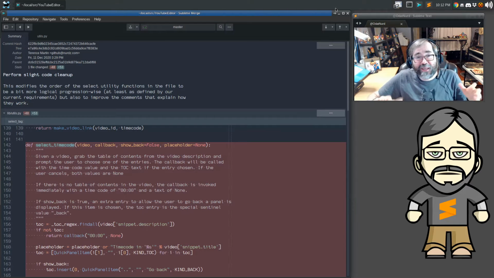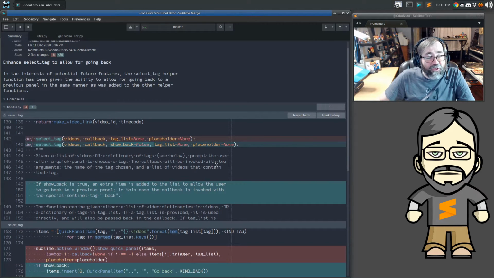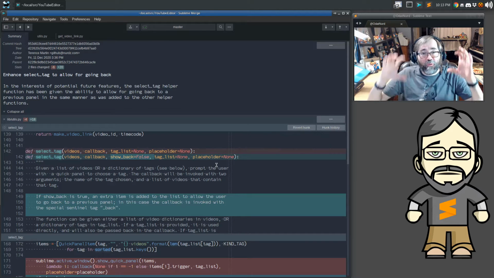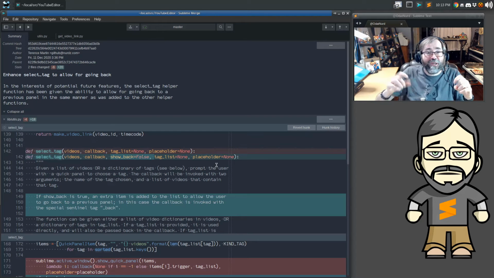So I wanted to tweak these things up a little bit. So the first thing I did was reorganize things in the file to make things a little bit nicer. And then we moved on to enhancing select tag for allowing to go back, as we can see here. This is something that didn't happen previously, but if we're going to want to do what we're going to continue doing here in the rest of this Devember update, and which isn't finished yet, we do want the ability to prompt the user for selecting a tag from a list of known videos, but still be able to go back